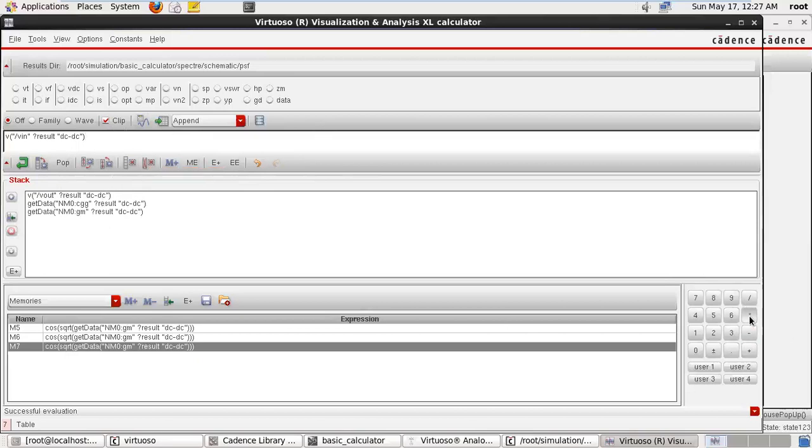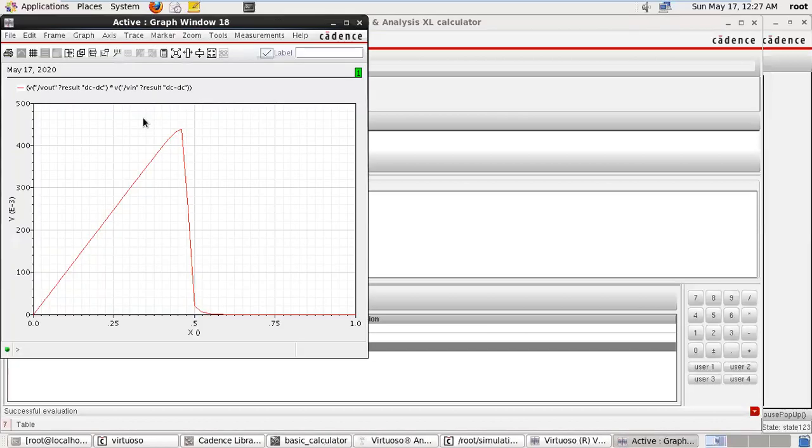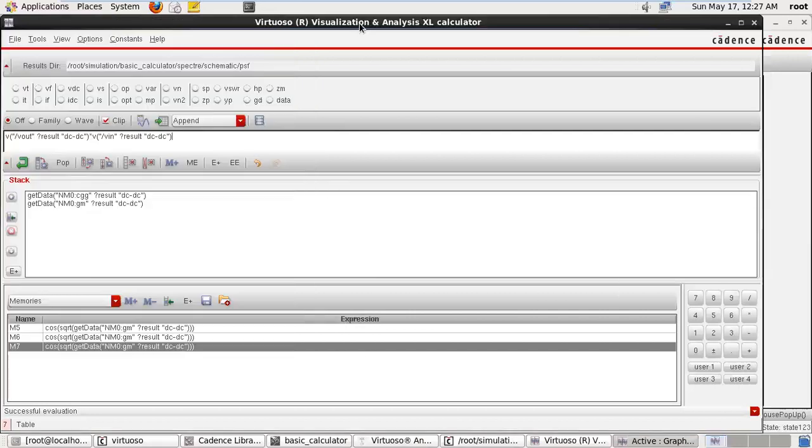So the top of the expression that is available in the stack moves into the buffer window, and the waveform is generated. Here is the multiplication of the two waveforms. So any manipulation with the waveform is possible using the calculator.